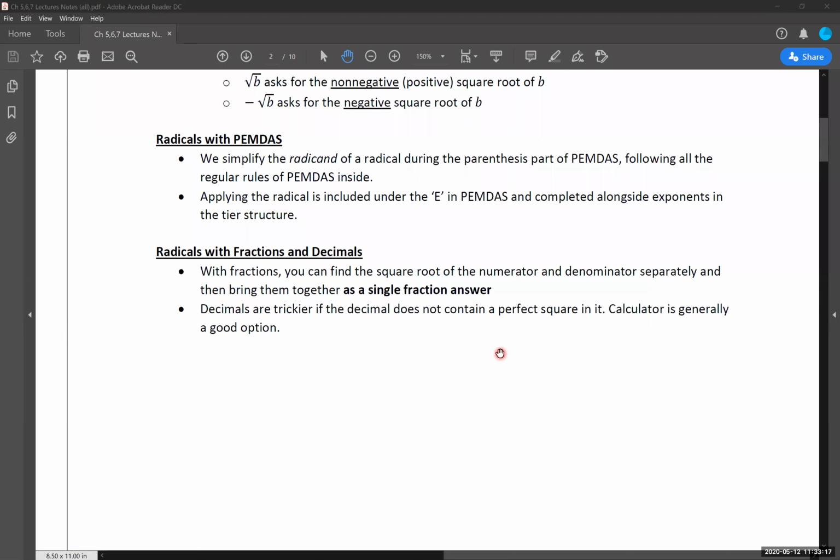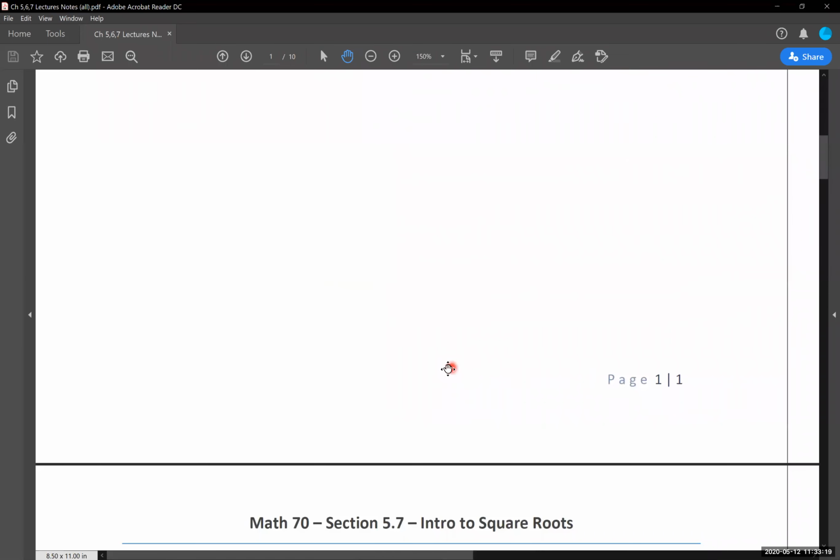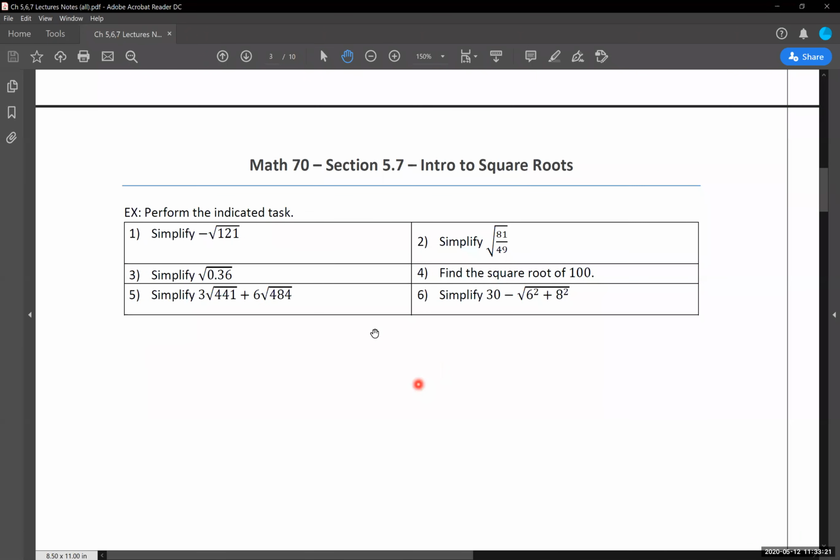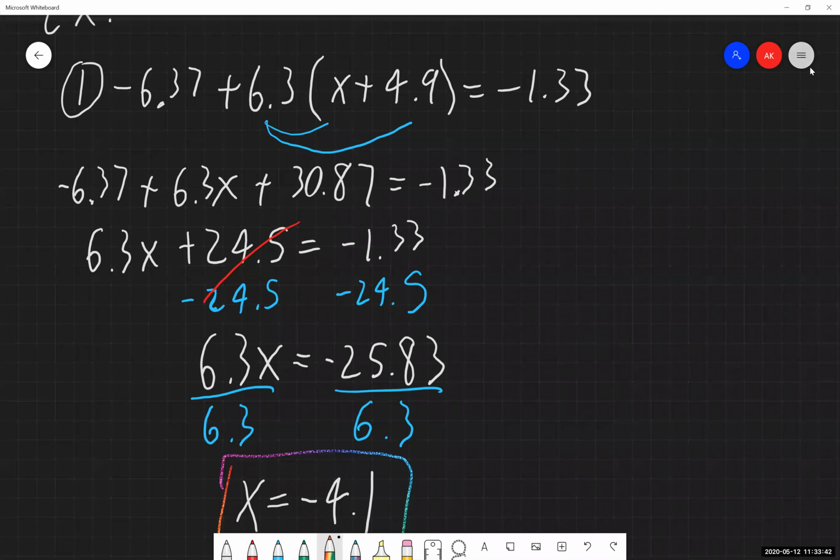So we're going to go through a couple examples with this. Let's go on to our next page. These are the six examples that we have, and these are what I'm going to go through over on our whiteboard. Okay. So we're told with pretty much all of these to simplify. Number four is a bit different, but we're going to go through these on our other page. So we'll jump over to the whiteboard, and we'll clear this out.